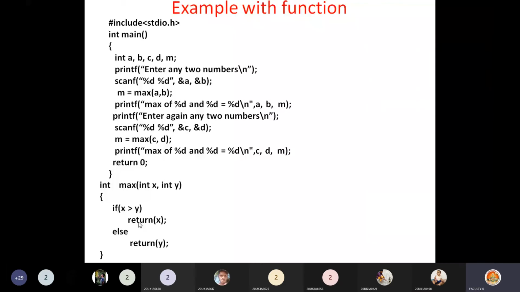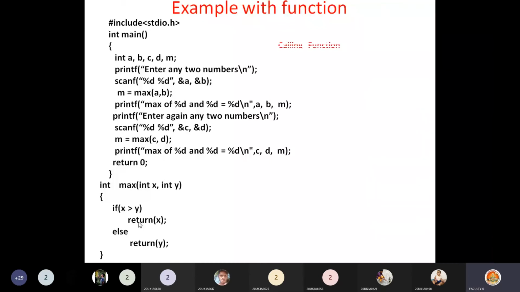That is the advantage. Now the question is how to define this function. What are the rules to be kept in mind for defining these functions? Only one rule: if there is a specific task to be performed in a program, then better you code it as a function. So how to code it as a function? Today we will discuss that.